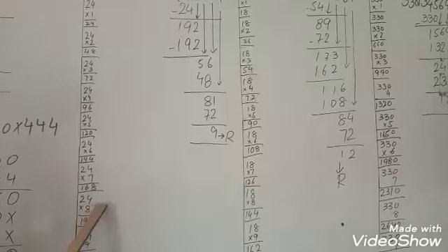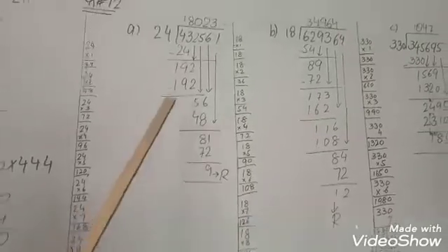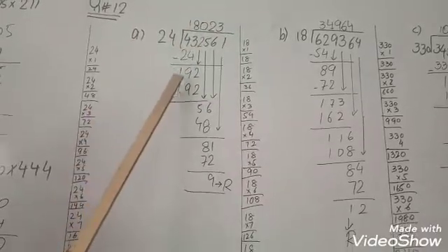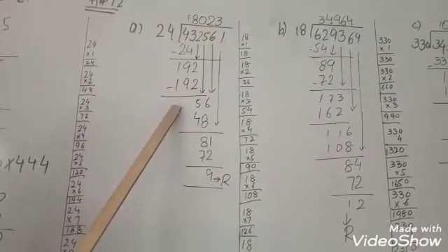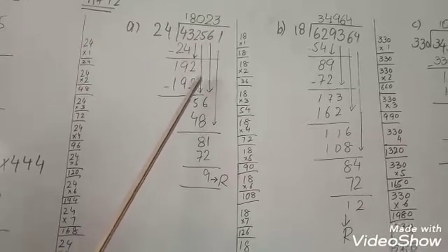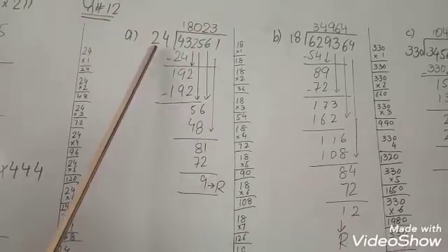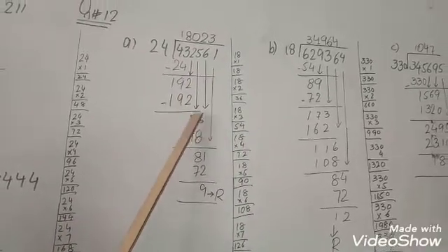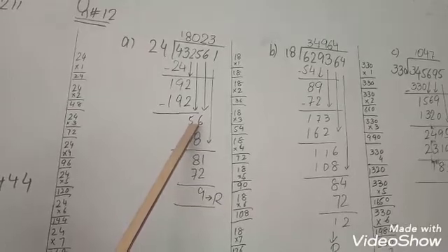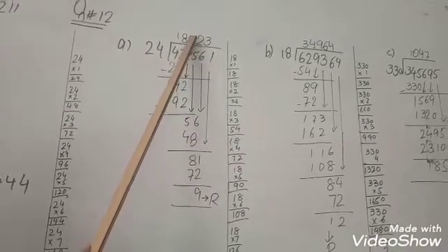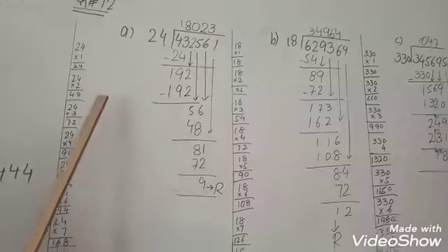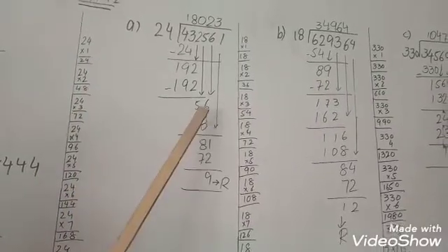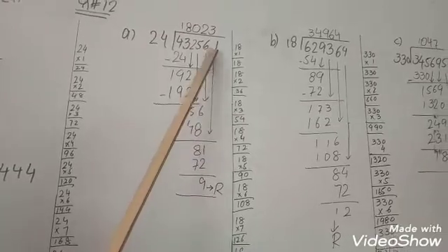This is 24 times 8 is 192. So we write 8 here and subtract these two numbers to get 0. So we bring down 5, and 5 is less than 24. So we take another number 6, bring down 6. When we bring down two numbers at the same time, then we write 0 in your answer. This is 56. Now we take 48 because 48 is smaller than 56. 56 minus 48 is 8. Now bring down 1.